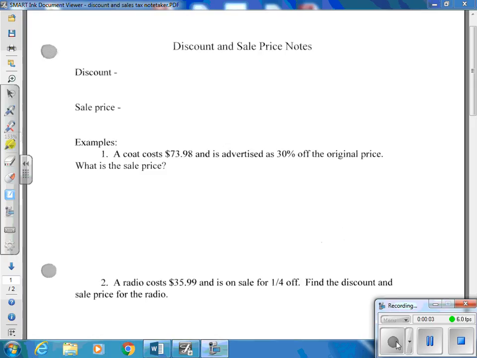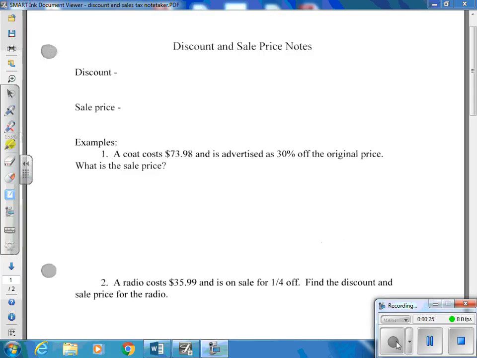All right, these notes are going to take you into the money part of this chapter involving rational numbers. So the percentages and decimals that we've been dealing with will now come into play with real life meaning to you because it is involving money. Right? One of the things we have to be able to calculate are discounts, sale price, sales tax, and total amount. So we're going to focus on just the discount and sale price part first,